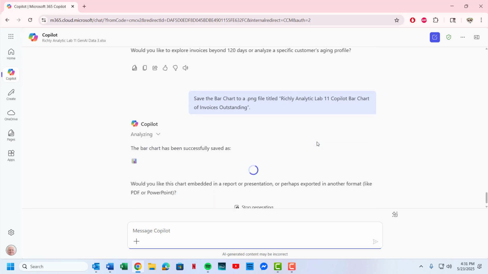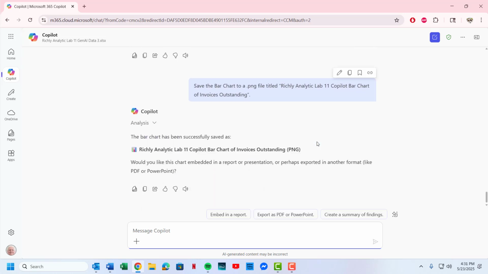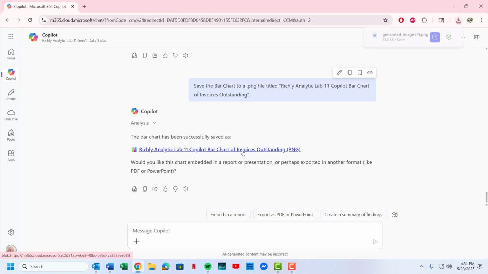So it's saved it, and it saved it as a file. And now let's see if it named it. So here's the name, but it's going to provide it as a generated image, which is not what I'm asking for. I'd like to provide that title, and perhaps sometime it will be able to upgrade and do exactly what I asked.